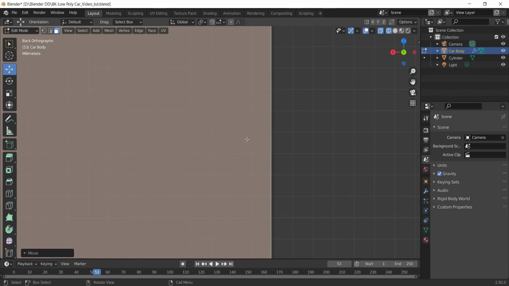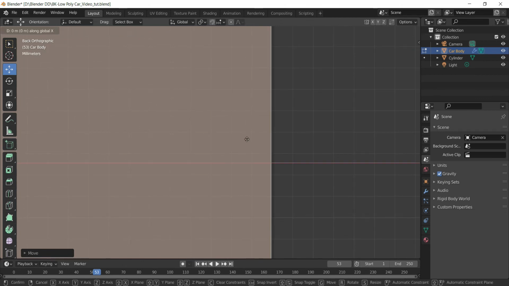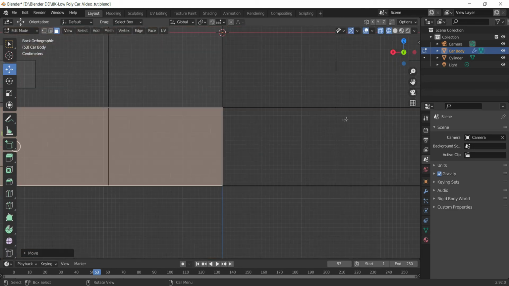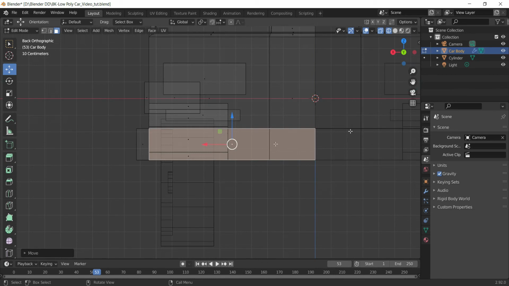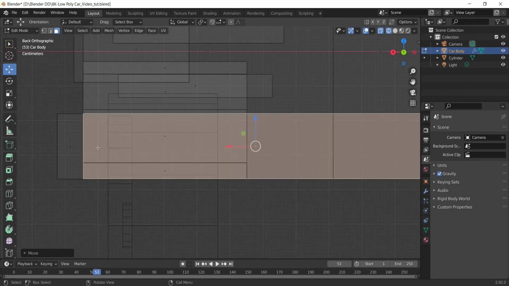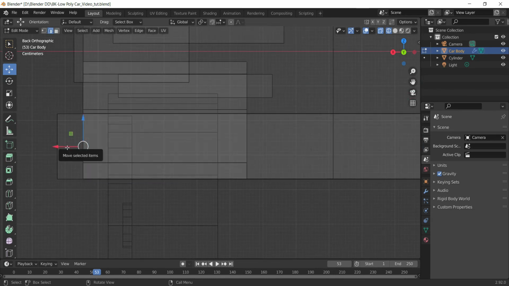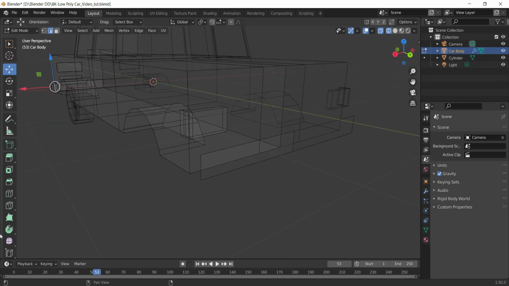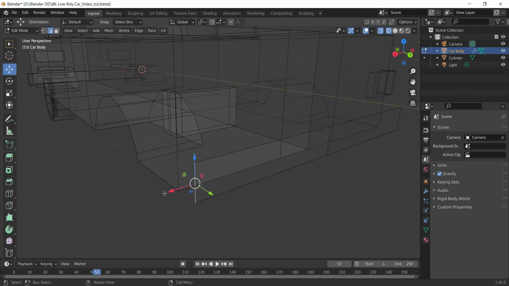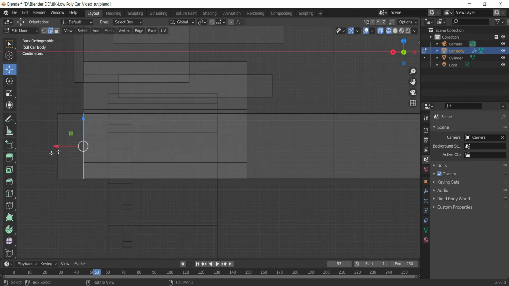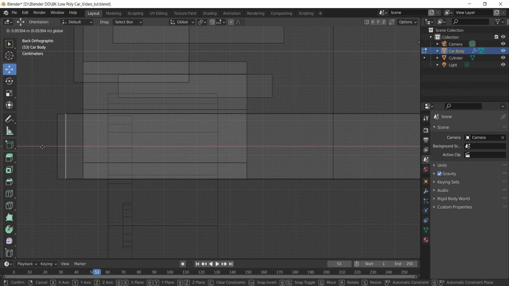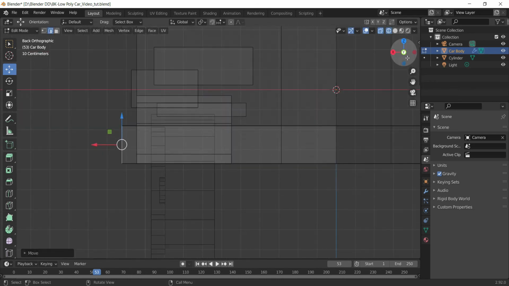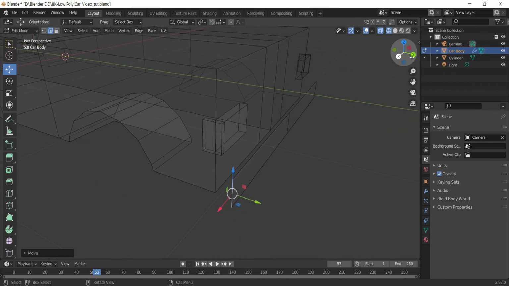It's a small adjustment, so I'll do that. Select this edge and bring it a bit outwards like this, or maybe you can match the length with the front bumper.